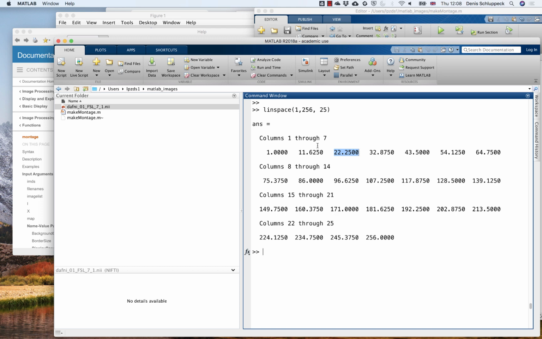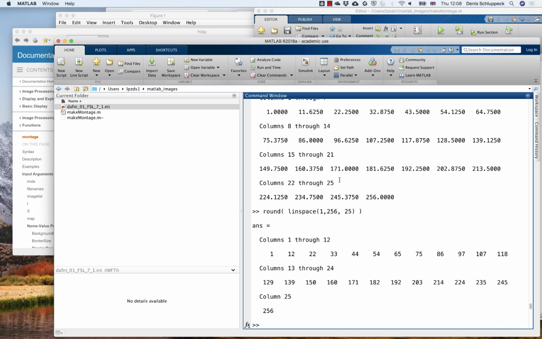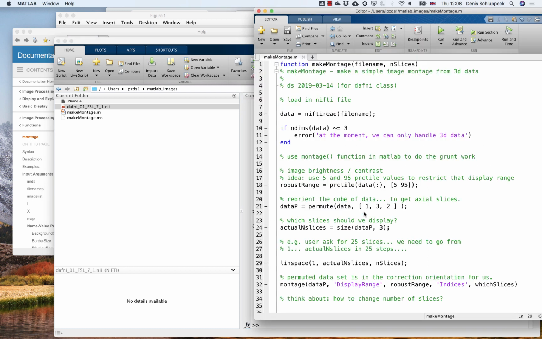Okay, so how can we convert those numbers to numbers that are integers? Well, the easiest thing is to just round them, right? So if I use the same thing here, but rather than using the values themselves, the rounded versions of them, I'm going to get a nice approximation of integer values that are spread equally or approximately equally between 1 and 256 in 25 slices, okay? Plus minus half a slice here and there, okay? So I'm going to use exactly this logic in my function to create this